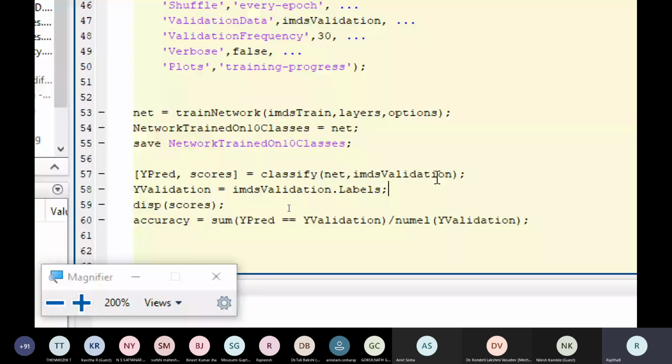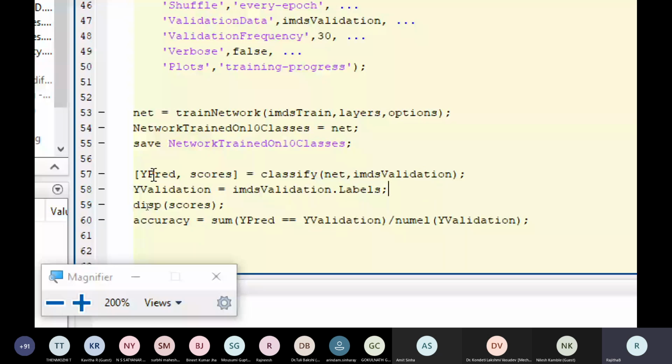So the 20% of images are taken on the model net. I'm classifying, so it is going to predict the class for each and every image in the test set. That is going to be stored in YPred.